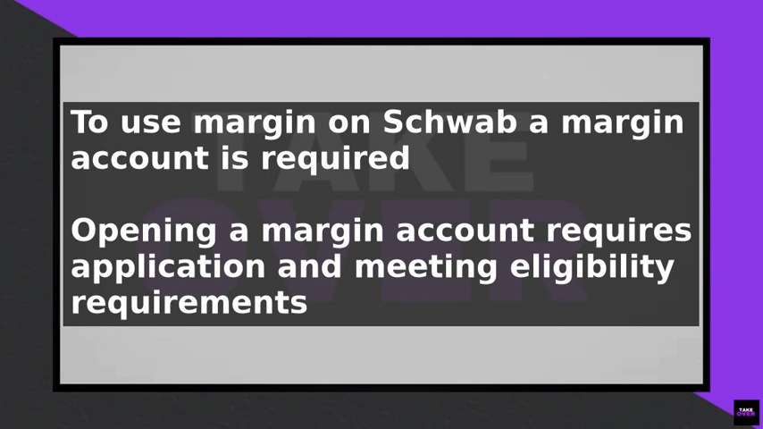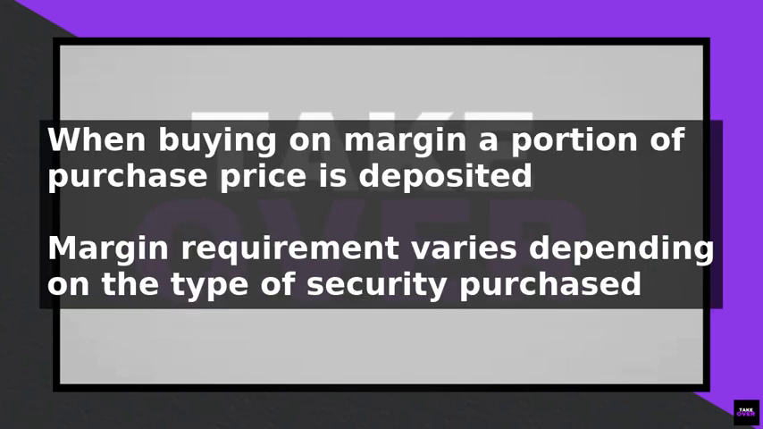The next step is to understand how margin works. When you buy on margin, you are required to deposit a portion of the purchase price, known as the margin requirement. The margin requirement varies depending on the type of security you are purchasing. For example, the margin requirement for stocks is typically 50%, which means you need to deposit at least 50% of the purchase price. For instance, if you want to buy 100 shares of stock XYZ at $50 per share, the